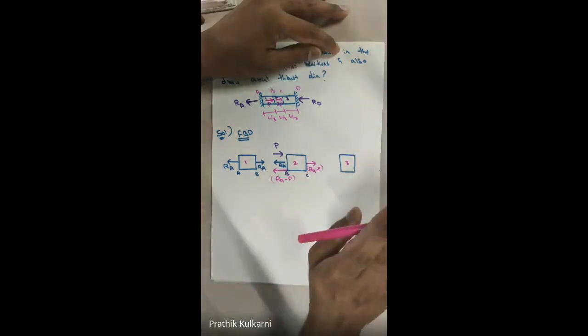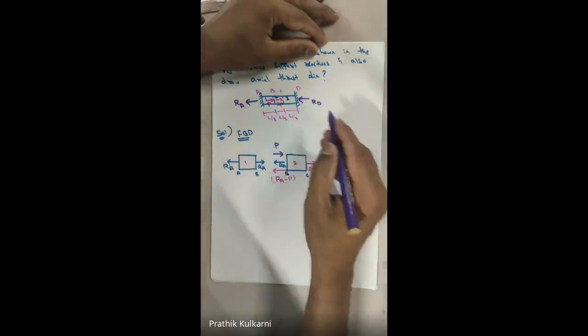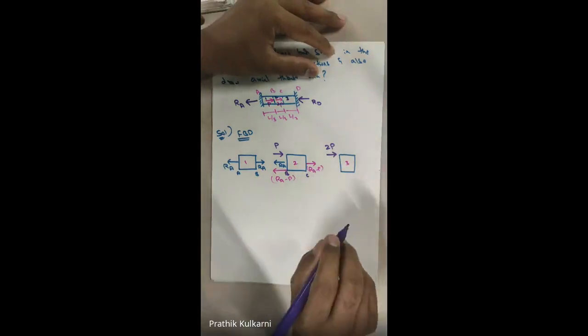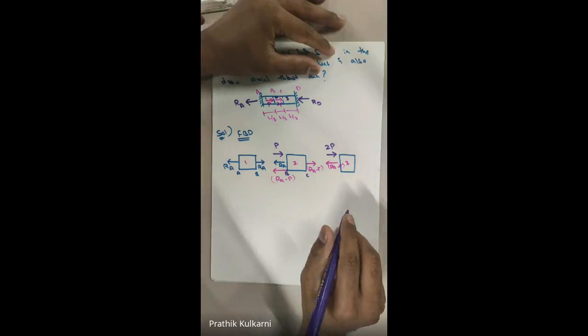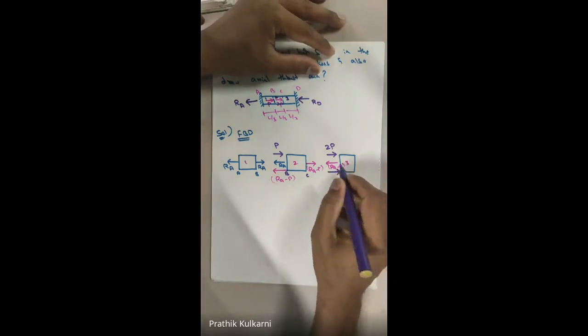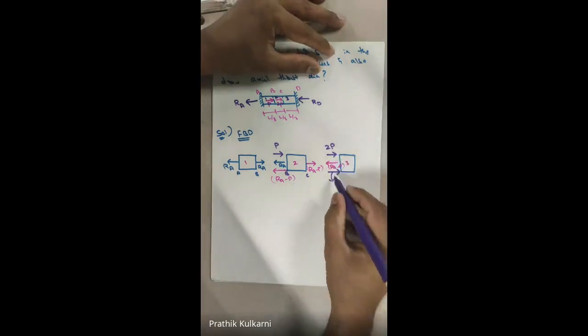Fine. Okay. If that is there, but the actual force is 2P. Yes or no? And to counteract your RA minus P, here it should be towards the left, which is RA minus P. But what should be the total force? Fine. So here what I'll do is, I'll take towards right. Which is nothing but this is my total force, which is 2P minus of RA minus P.